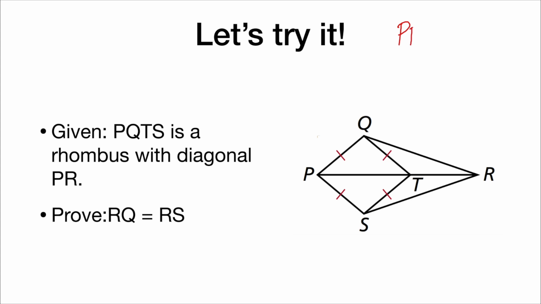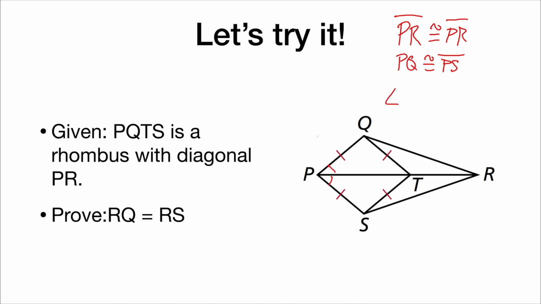We know that PR is congruent to PR. And that is because of, say it with me, reflexive property. We also know that this is a rhombus, which means PQ is congruent to PS. That's because of the definition of a rhombus, and also, in this case, it's already in the picture, so you could say given. But then for the last piece of information, I am going to point out